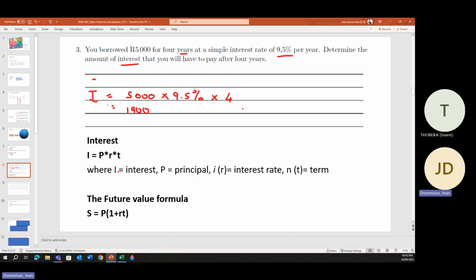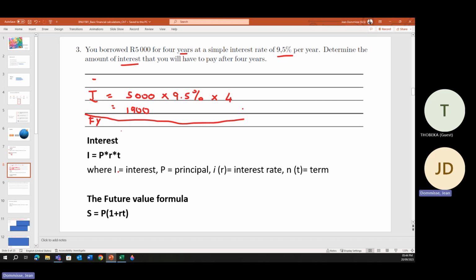So the interest that will have to be paid after 4 years is 1,900. If we were asked to then calculate your future value, they didn't ask us to do that,